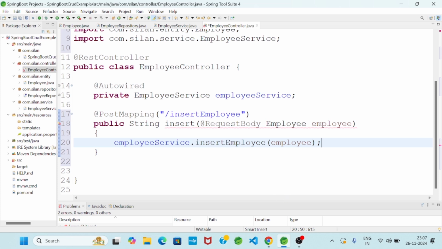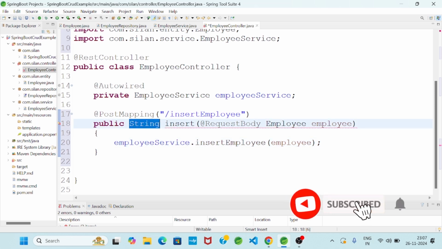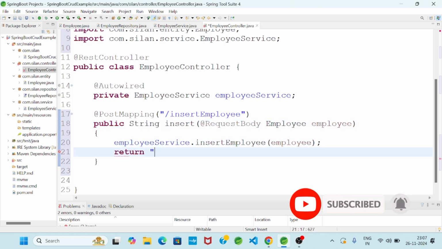Then, since the return type is a string,